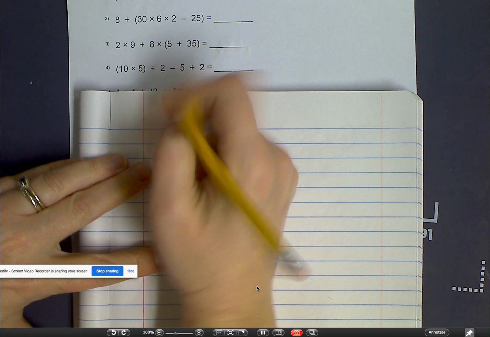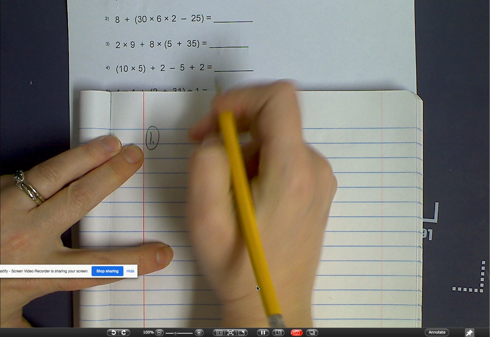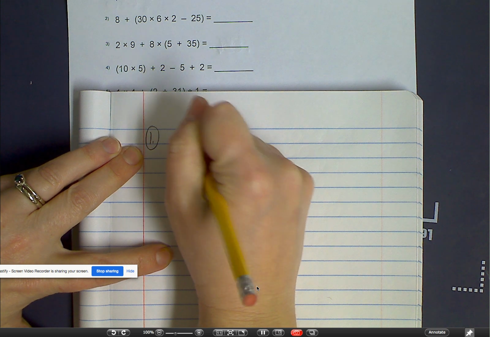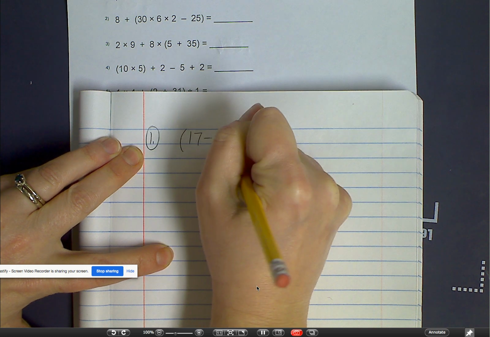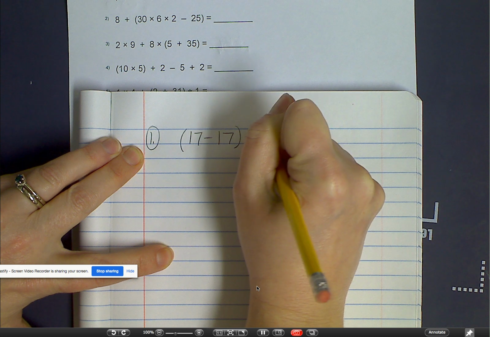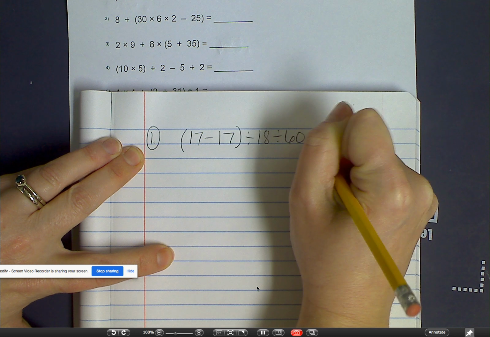Fifth grade, second step, program 2. Okay, so number 1, we have 17 minus 17, divided by 18, divided by 60, divided by